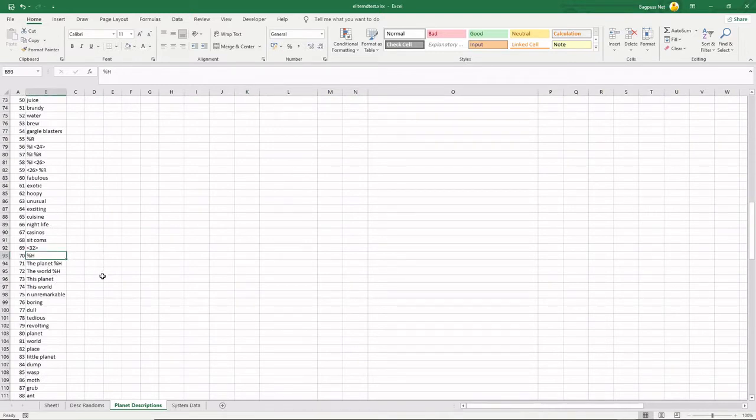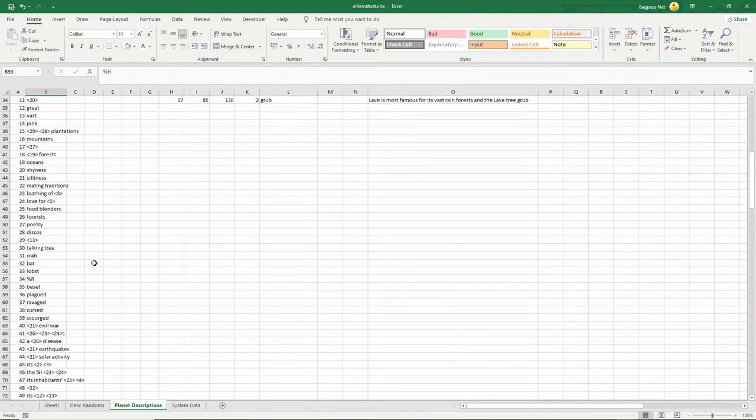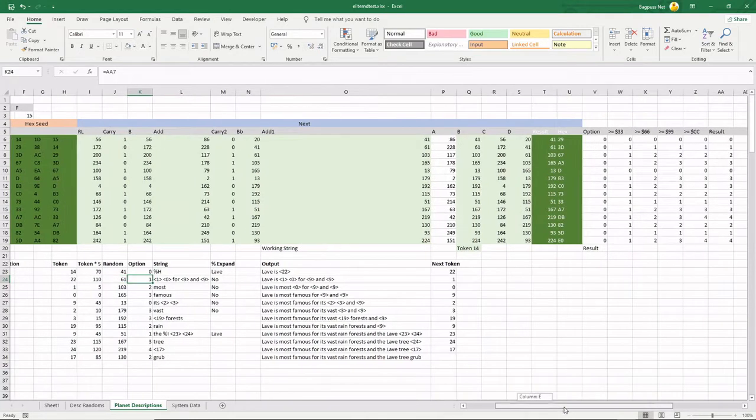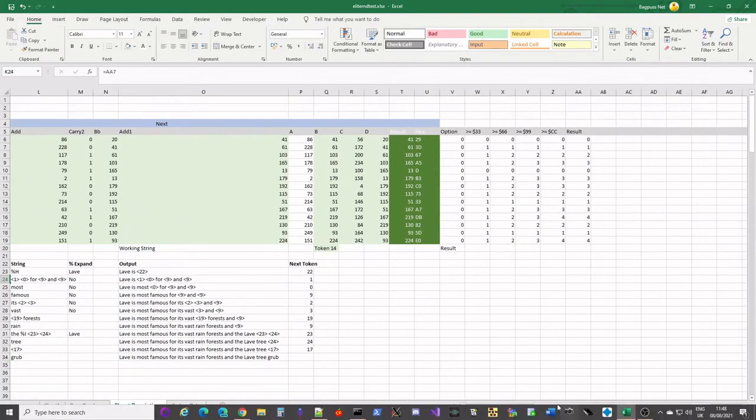Now the algorithm works on %H, which is a direct expansion of the name of the planet, which will expand to Lave. So now I have an output of Lave, and the token is 22. So I then know my next token is 22, so I go through this iteration again. The token is 22, multiplied by 5. My next random number in the table was 61, which gives us an option of 1